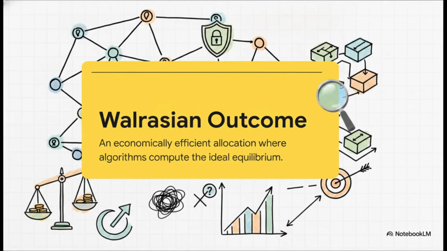And when this is perfectly optimized, we achieve what's called the Walrasian outcome, an ideal, economically efficient balance. Ongoing research shows that by merging strategic market games with decentralized exchanges, like SpeedX for example, automated algorithms can achieve this state. Instead of traders guessing and causing chaos, decentralized algorithms successfully compute the ideal mathematical equilibrium, optimizing prices and supply without the endless guesswork of legacy trading.